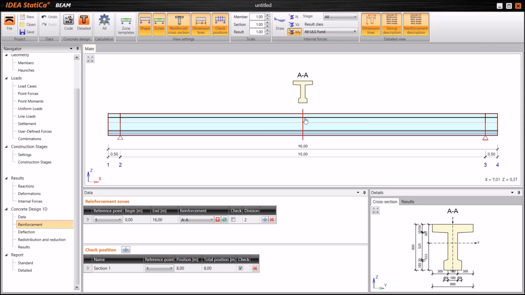For pre-tension beams, usually we have the same reinforcement along the length. Possibly the shear reinforcement above the supports will be different, but for simplicity I don't mind at the moment. I simply want to check it in positions, and the first generated position was 8 meters, which was in the middle. As the program generates the sections according to